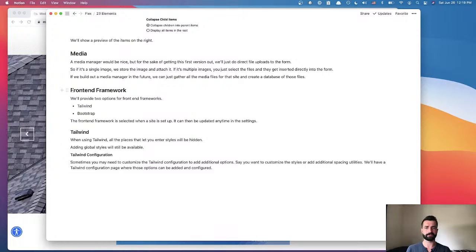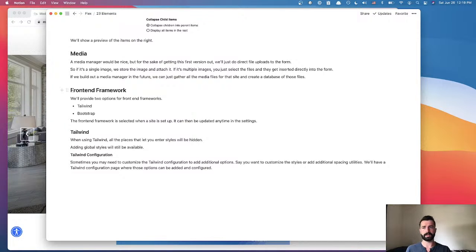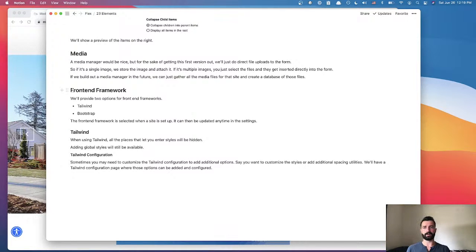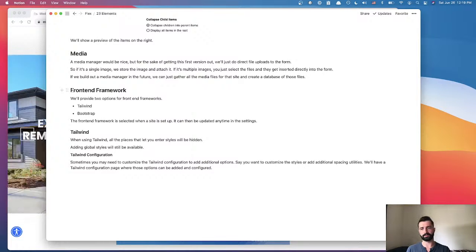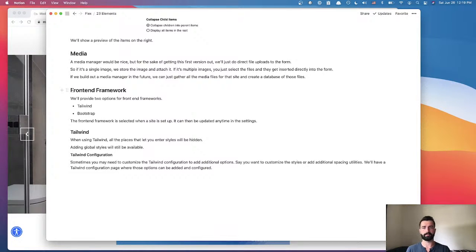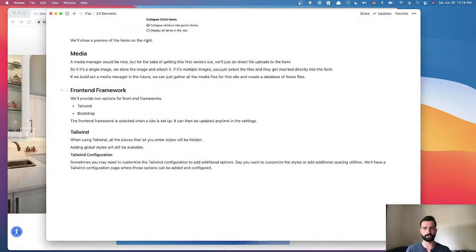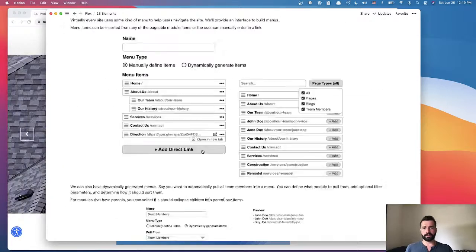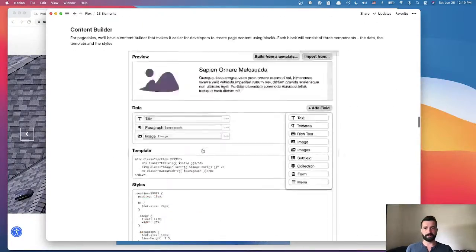And so I think I'll have two options. When you're setting up the site, you'll be able to select either Tailwind or Bootstrap, and the website will already be configured for that. And I'll probably even have a way to switch. So let's say you create a website and you thought, okay, maybe I'll use Bootstrap, and then you decided, no, I'll switch to Tailwind. So maybe there'll be a way to switch between the two. But yeah, that's pretty much it. That's the gist of it.